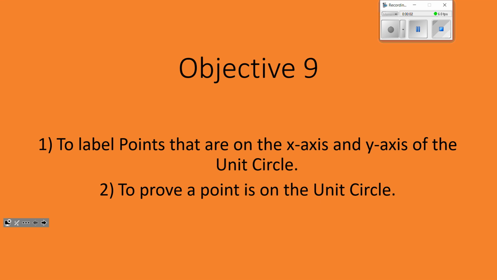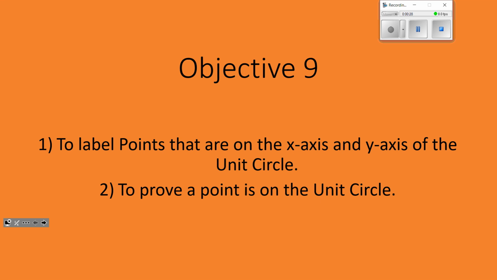Alright guys, this is going to be Objective 9. We are going to label points on the x-axis and y-axis of the unit circle, and then we're going to prove that a point is on the unit circle today. Okay? We're going to start out slowly with our unit circle, explaining how the points are derived